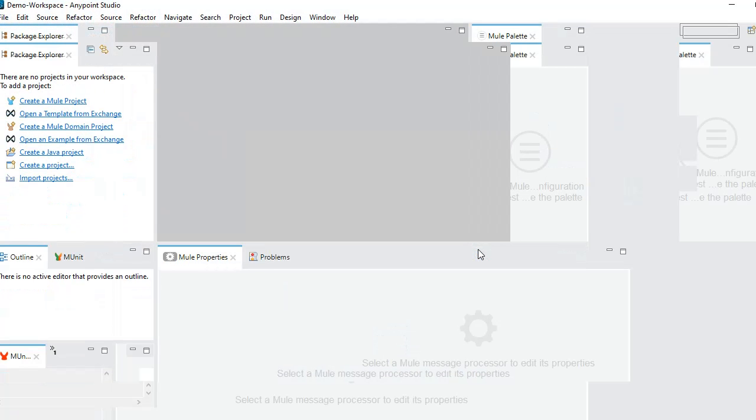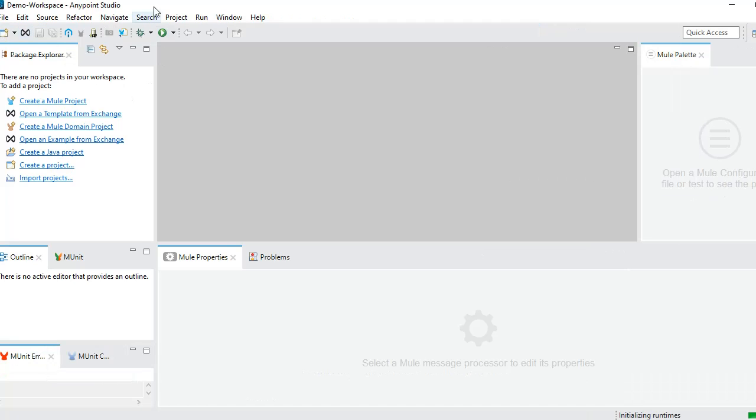So it will open up a studio like this. This is the workspace. Actually, we are going to develop our MuleSoft applications by using this create Mule project and these menu items and all. And in the Mule palette, we will get all the different components. And this is the console and the Mule properties environment where we are going to check our application details and all. So this is how you can set up your environment.